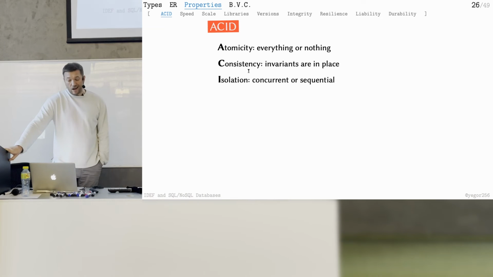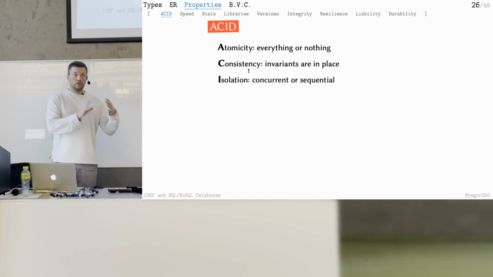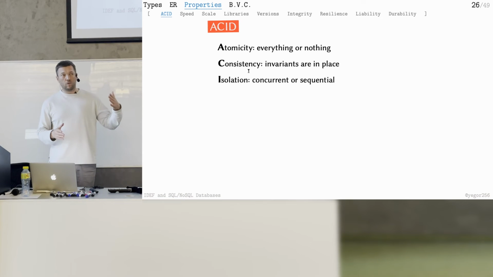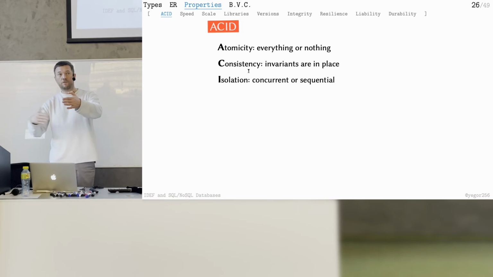Quality number 3 is isolation. One connection comes from here and says, increase the salary by $5. Another connection from another computer comes at the same time and says, decrease the salary for the same person by $5. Plus 5, minus 5. What do you think should be in the end? 0, right? That means isolation. That's okay, because we implemented one change, and then after that we implemented another.